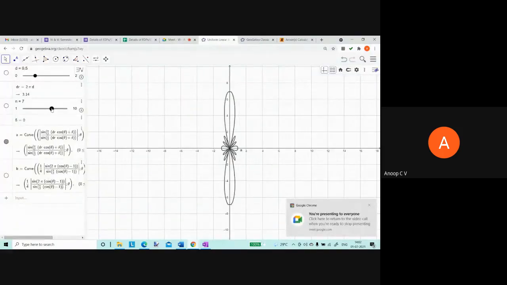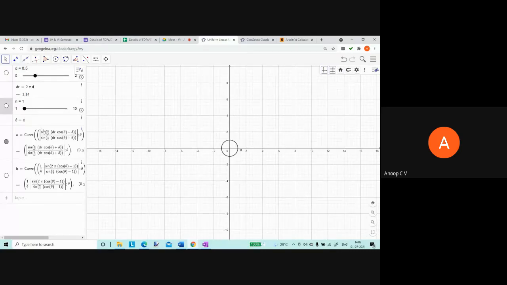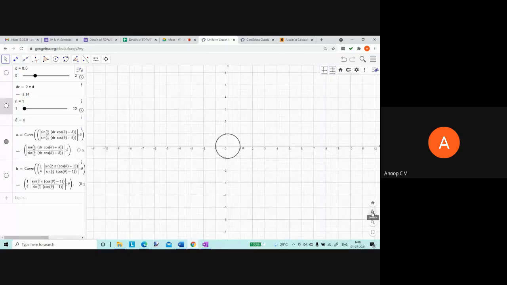Here I've assumed the spacing to be equal to lambda by 2, and I've written this expression, 1 by n, which is the actual field expression. For n equal to 1, there is only one source, so it's a single isotropic point source, and the maximum value, please observe, is equal to 1. If I make n equal to 2, the maximum value becomes 2, and there is one null in between. Two lobes are there, one back lobe and one front lobe.